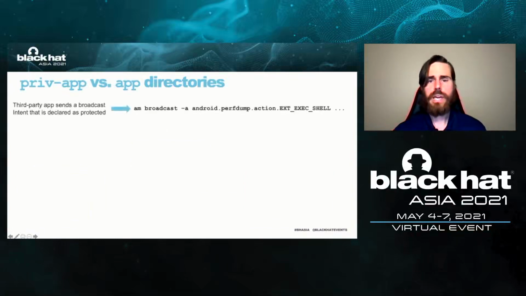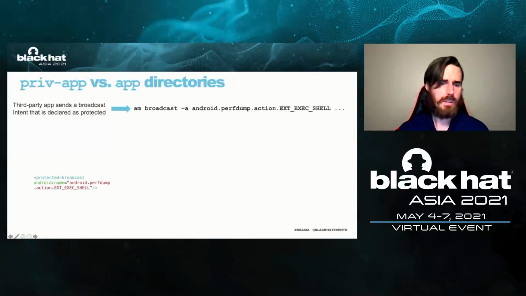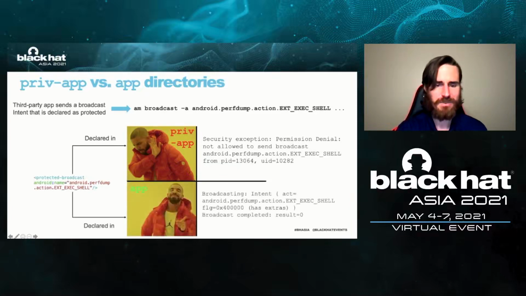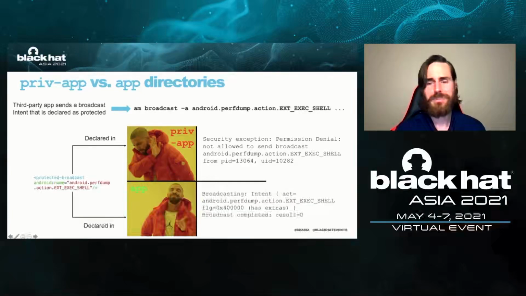So here is a command for a third-party application to send a broadcast intent. So here is that same action being declared as a protected broadcast. And if it's declared in an app that's in a priv app directory, when the third-party app tries to send it, it's going to be denied since it is recognized by the system. But if that protected broadcast is declared in an app that's in the app directory, then the system is not going to recognize it if it's Android 9 or 10,